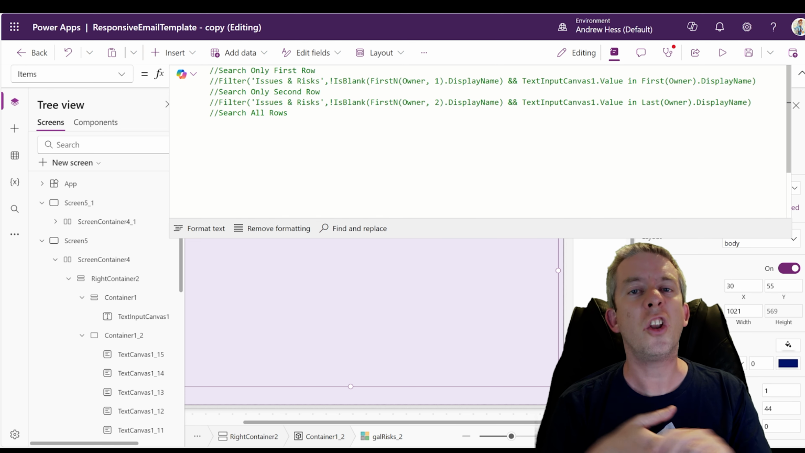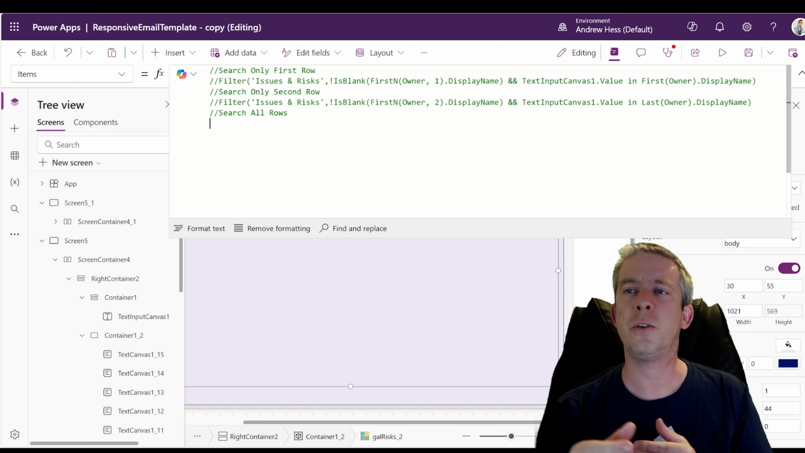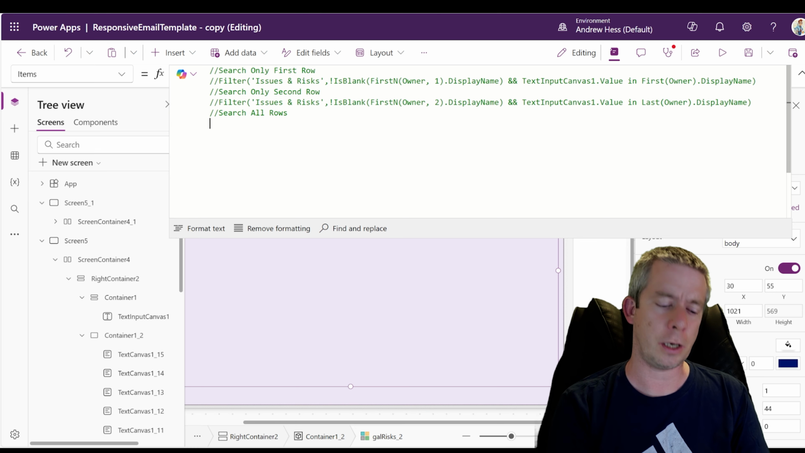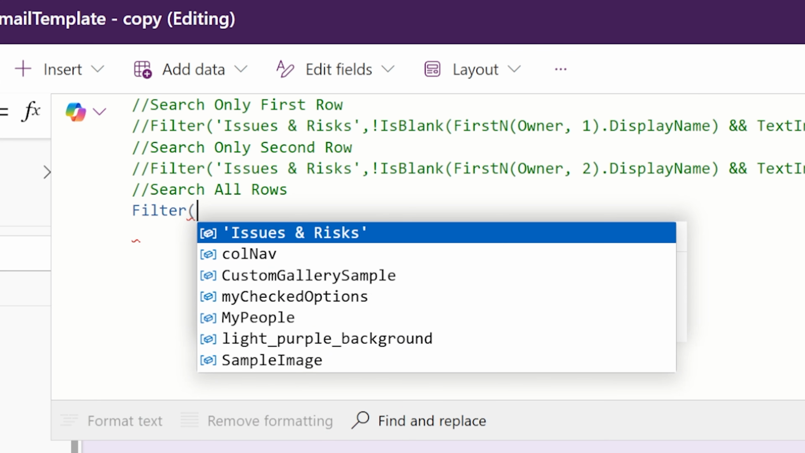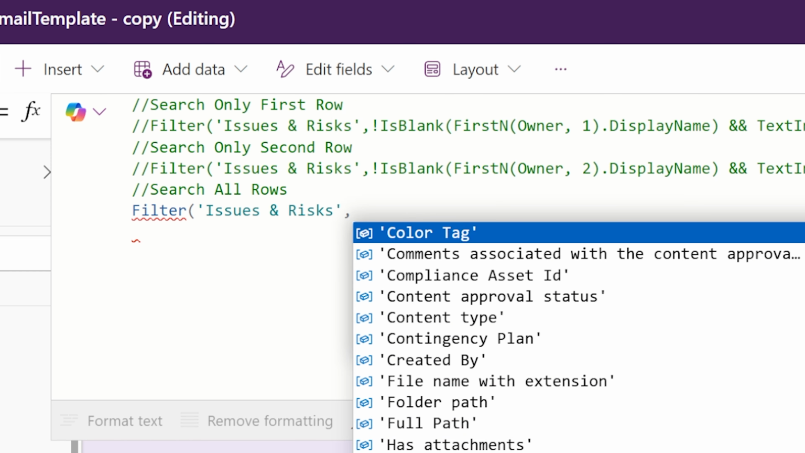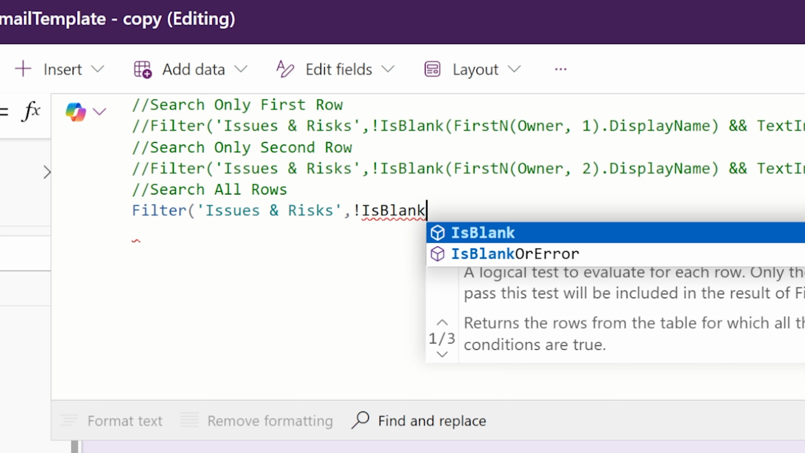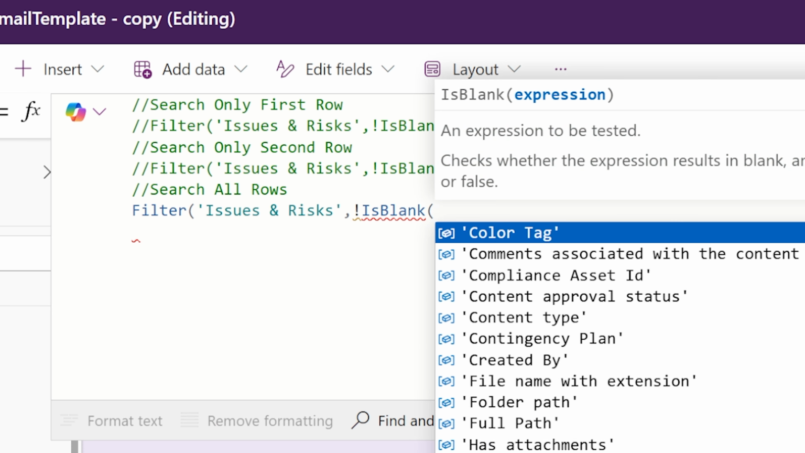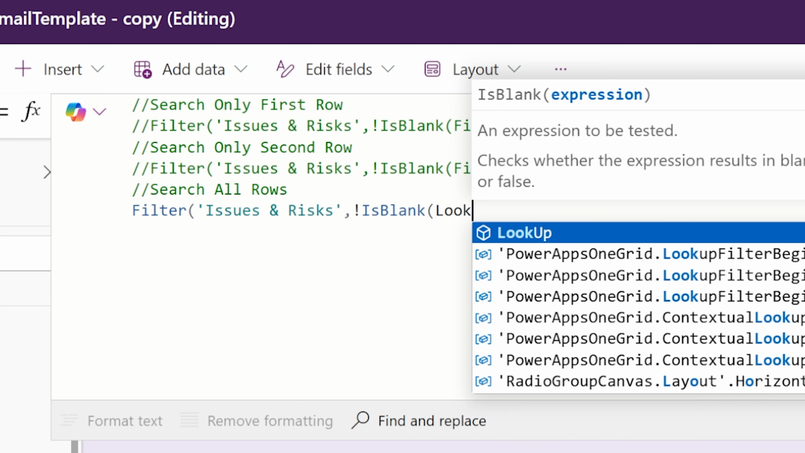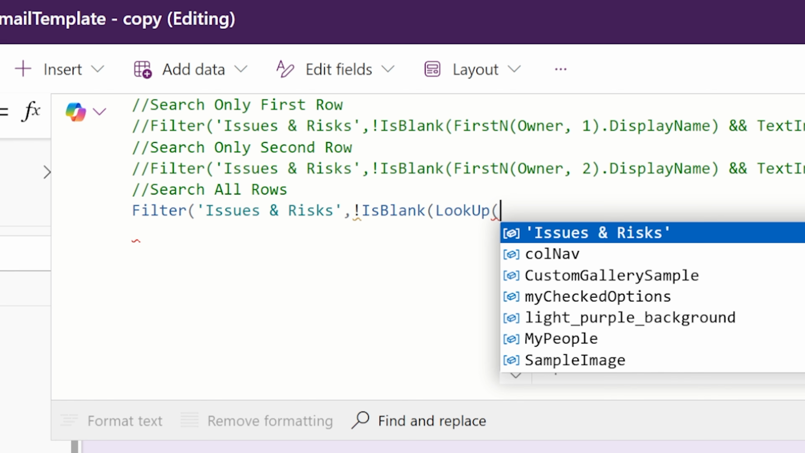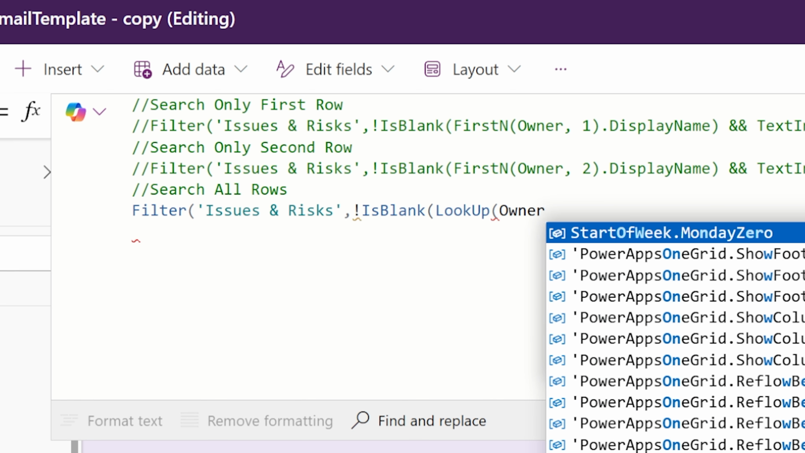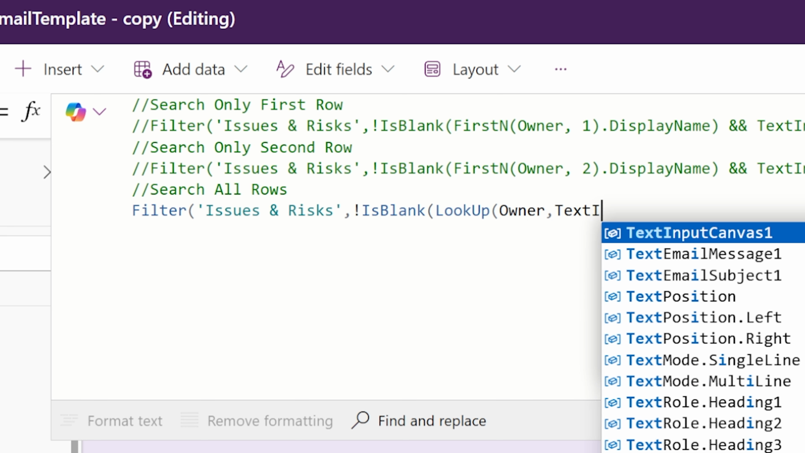This is where we're going to do a lookup instead of kind of doing a filter exactly. We're going to use a lookup. So we're going to do filter, issues and risks, right? So still the same list. And we're going to check for is blank. Always check for is blank. You don't want them to be empty. On a people picker, it kind of throws things off. And we are going to look up the owner this time. Look up the owner column. That's because there could be multiple in there. The owner column. And we're going to look up the text input